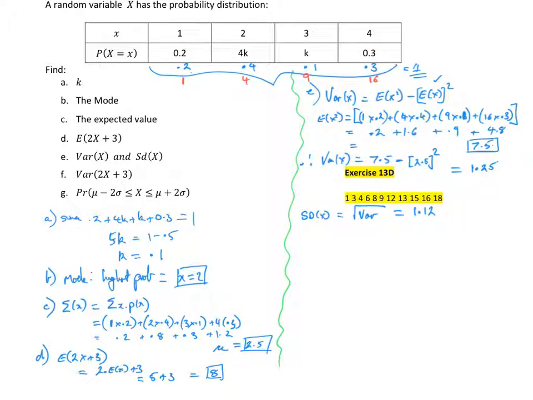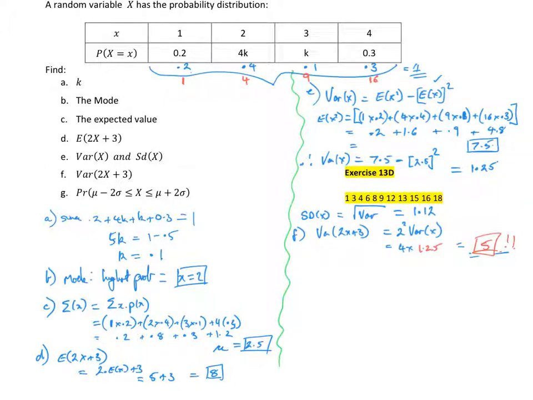Now the variance of 2x plus 3 is equal to, well, that 2 comes out the front, but we square it, so it's 2 squared times the variance of x, which is 4 times 1.12, which is 4.48. So notice with the variance, the plus 3 has no impact, because remember, the variance is the spread of the data. Think of all our translations: all the plus 3 does is shift our graph left and right. So it doesn't change the spread, it just moves its location.